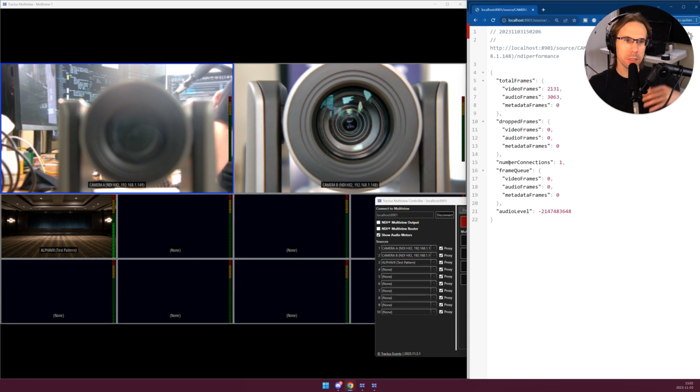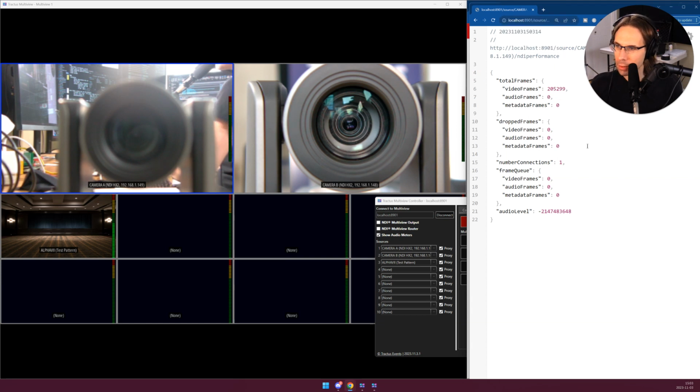Number of connections says how many listeners are connected to this source. So if you've got Multiview, plus maybe you've got OBS or vMix, and then a preview monitor somewhere else that's connected to that source, those will all increment this source number. And then audio level, that will be whatever the dBFS of the audio coming out of that source is. Or if it's not receiving any audio, it'll be a very small negative number. Let me try to get the details for another route for another camera here. I'll try to get it for camera A. I believe that's on